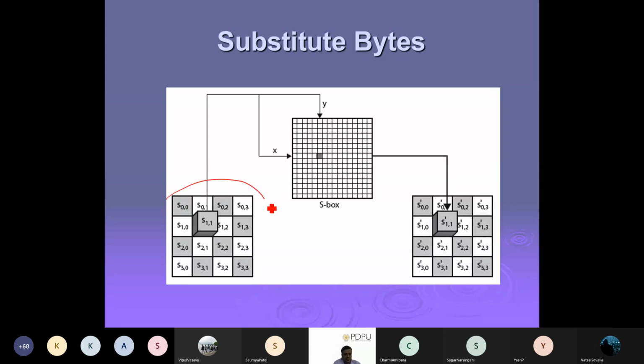So this is a 4x4 box, and it will give me the X and Y coordinates. Okay, and this is my substitution box. From this one particular byte, they get the X and Y coordinate. Using X and Y, they will get one particular block here, and that block will replace the original value. So from the 4x4, I take one part, take its X and Y coordinate, and through that, from my substitution box, which is common between encryption and decryption,